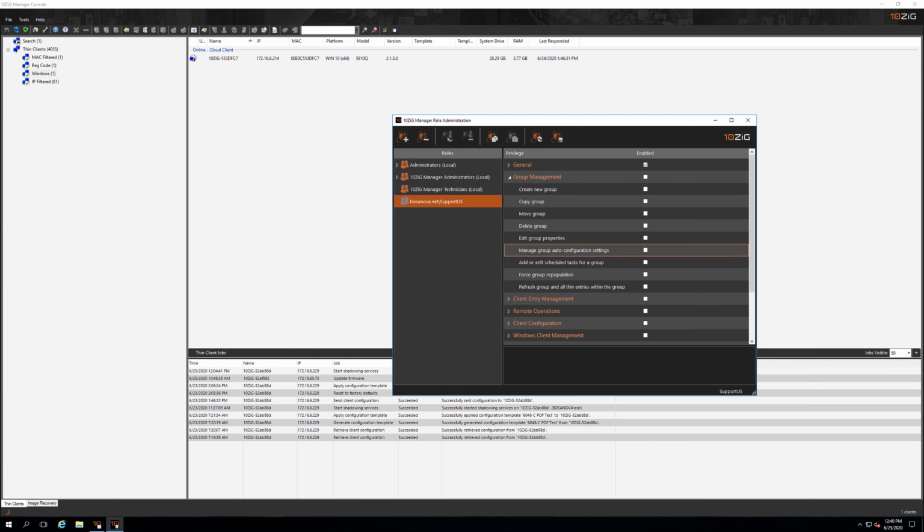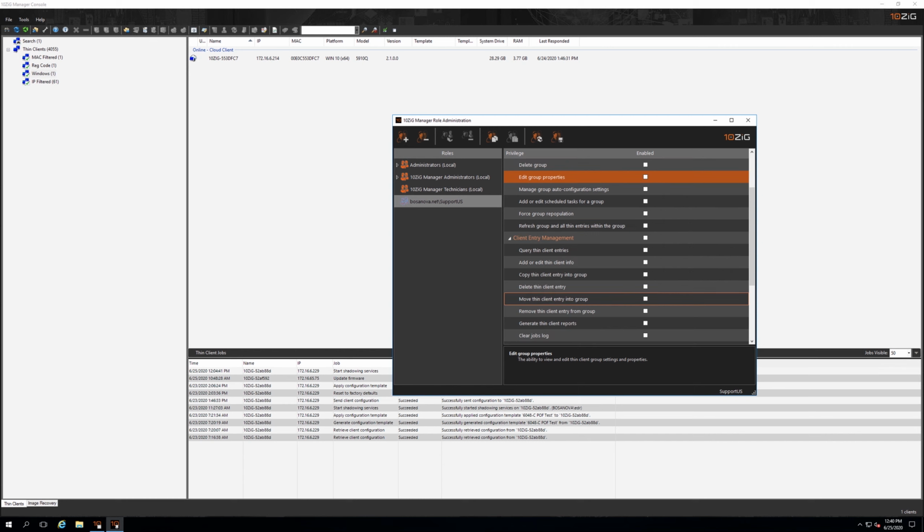Within the RBAC tool, you can either give an entire section of permissions, you can give part of a section of permissions, which is annotated by the black dot, or you can take away that section of permissions entirely. You can do this at a granular level in order to affect exactly the permission set that your technical users should have. When you're done creating that set of permissions, you simply click the Save Changes button to commit those